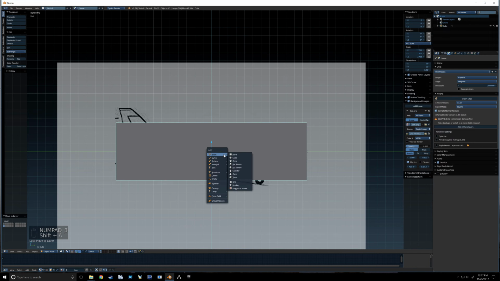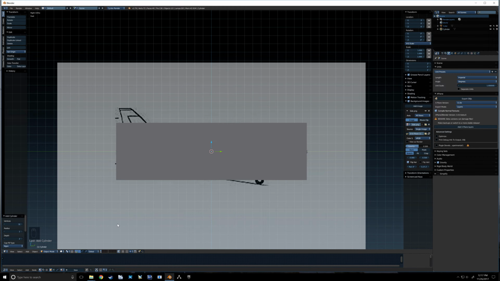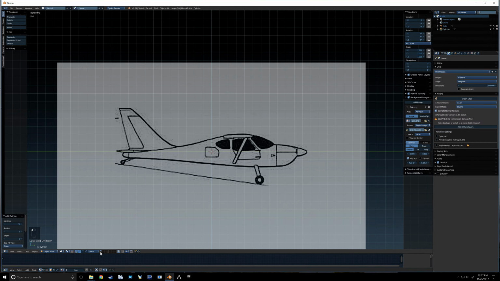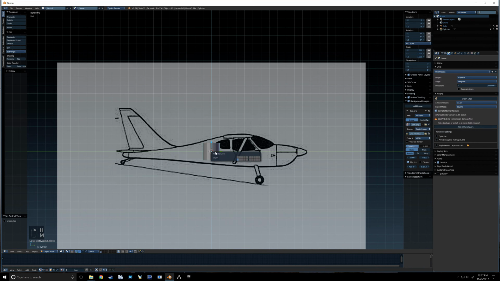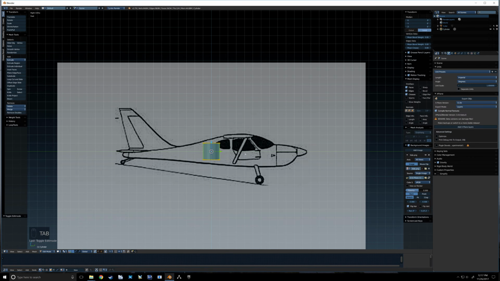So right here, I'm just going to add a really quick cylinder. Actually, let's hide that. See, now I put my cylinder on the wrong layer. I want it up here. Go back to that layer. Okay. Now this cylinder, I'm going to tab to go into the edit mode,